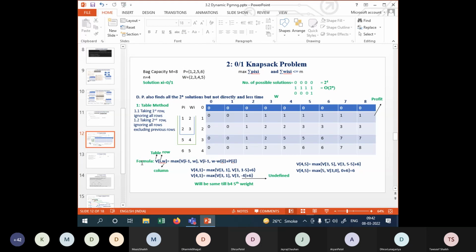So the formula is like we are finding this V, which stands for this table, maybe a 2D array, और उसका हमने फाइंड करना है V of I, W. I will be its row, this thing, W will be its column, this thing. That's the weight. That's why it's the weight parameter here. So हम कैसे फाइंड करते हैं, हम पहले इस मैक्स को फिलहाल हटा दीजिए दिमाग से।